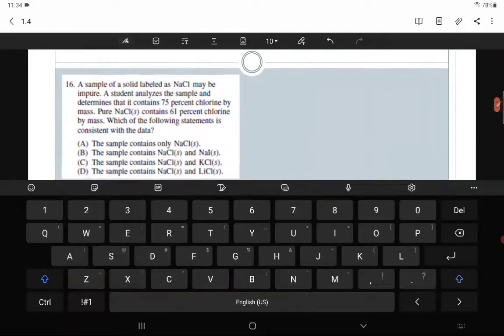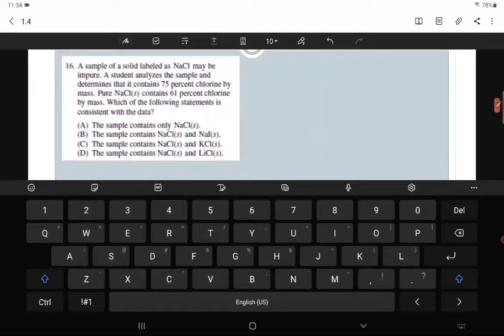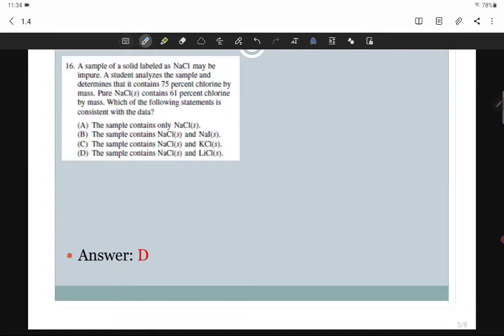No calculator again. Okay, so it says we already know the answer, but let's figure that out. So we have a chemical that should have just NaCl in it, but it is impure. Impure means it has something else in it. A student analyzes the sample and determines that this impure sample has 75% chlorine. So it has this chemical and then